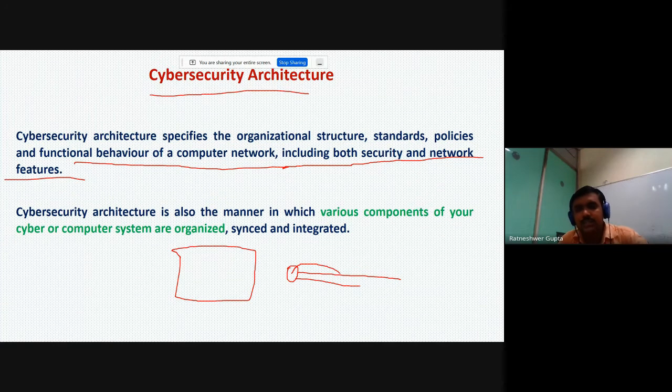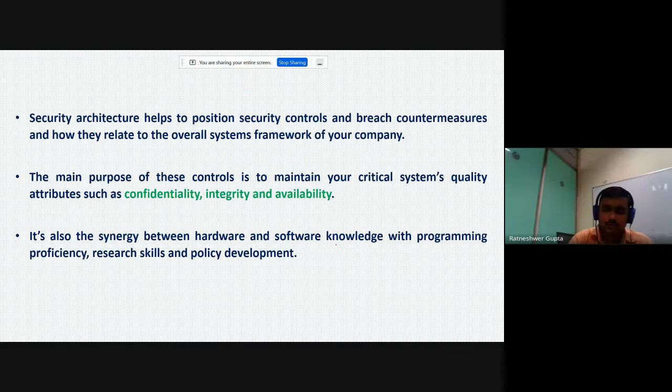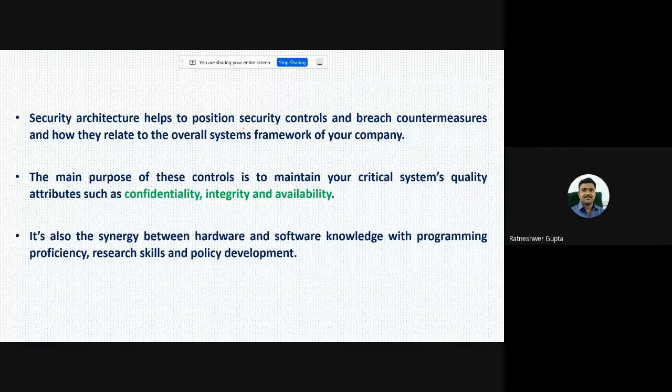So cyber security architecture is also the manner in which various components of your cyber or computer systems are organized, synchronized and integrated. This security architecture helps to position the security controls and breach countermeasures, and how they relate to the overall system frameworks of your company.